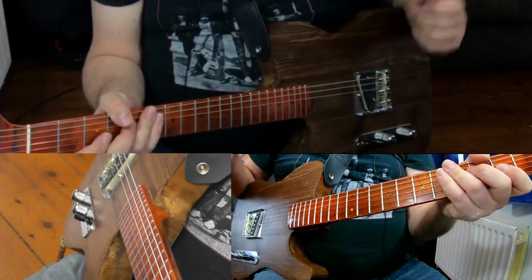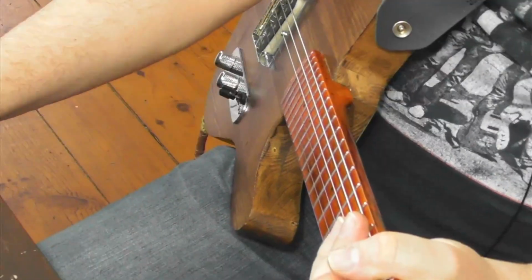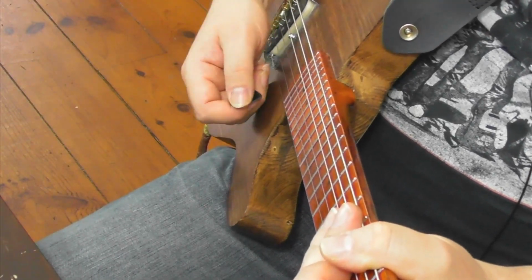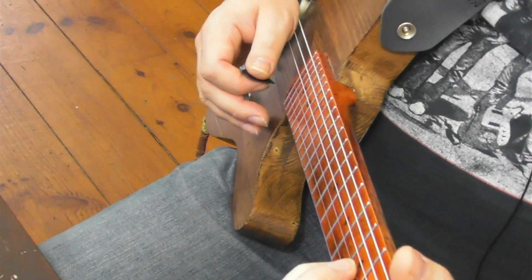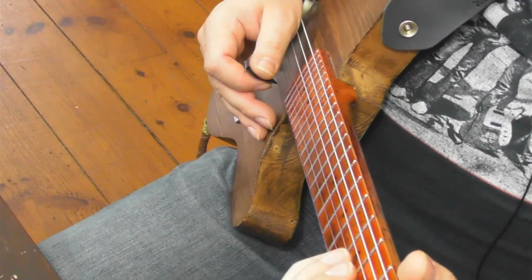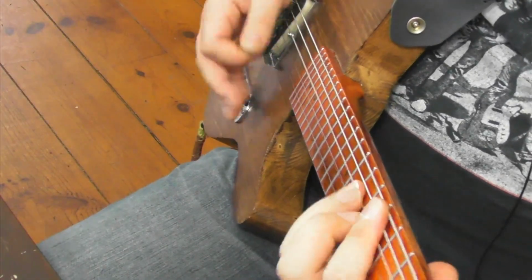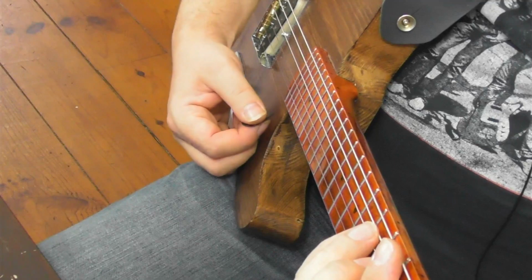Okay, about the picking hand, I'm going to switch the camera a little bit. What I like doing, because this is about brute force, there is not too much gentle play in here. Suddenly, when I want to switch from a very precise playing and go to the solo and I want to strum the first three strings,